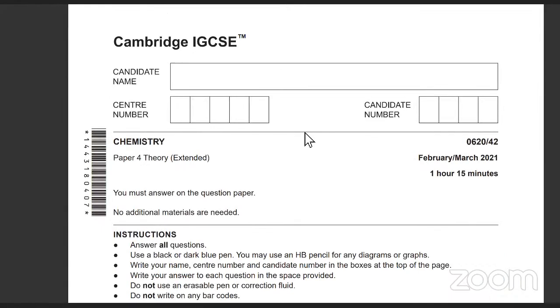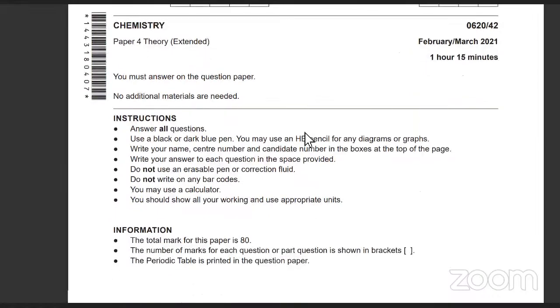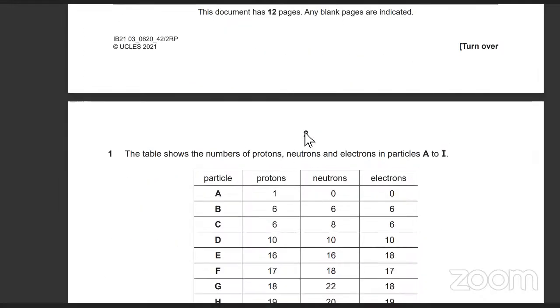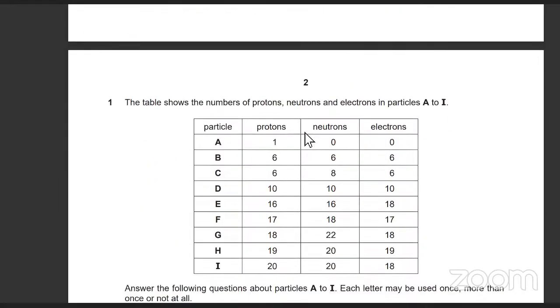अच्छा ये हमारा पेपर है, कौन सा, February March 2021, ठीक है। Question paper 4-2, ठीक है, starting with this one, the first one. अच्छा, so the first part is कि